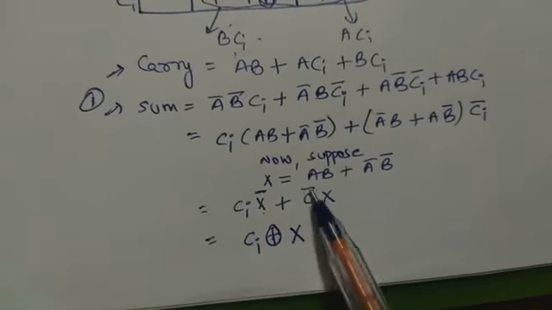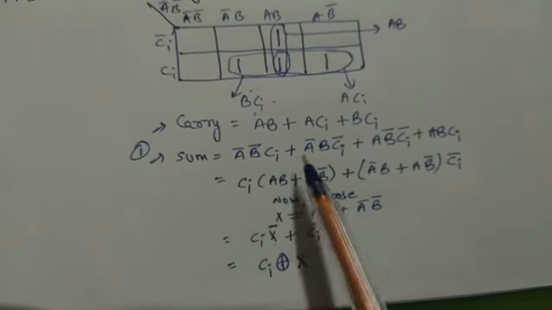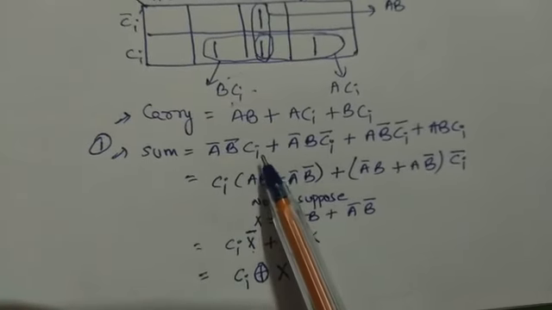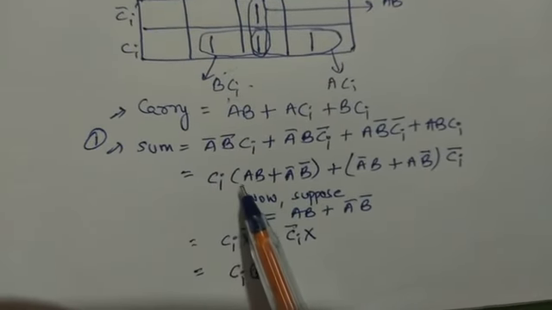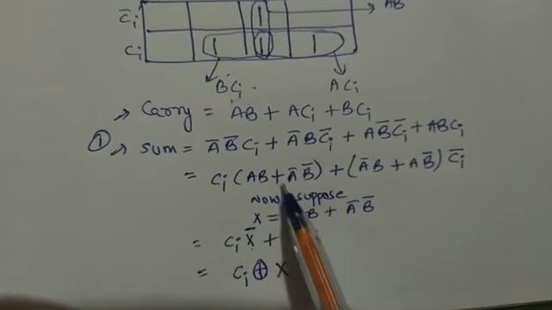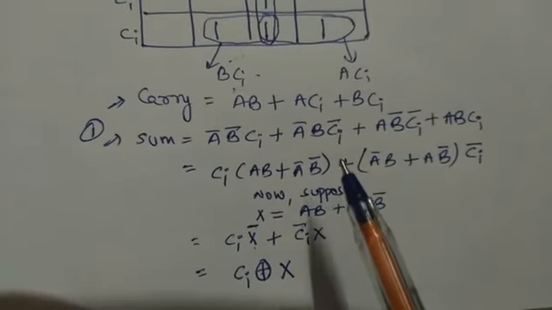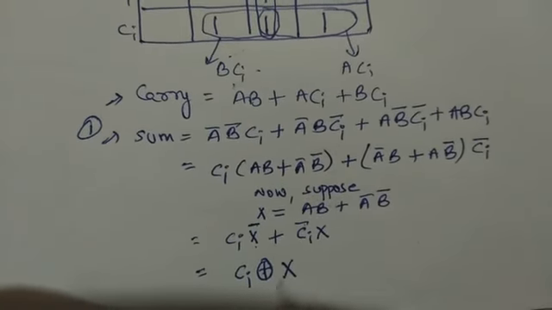So from the equation of sum, first I have written the equation of sum like that, then I have taken the C, that is carry input, common, and ultimately when you solve this, you are going to get